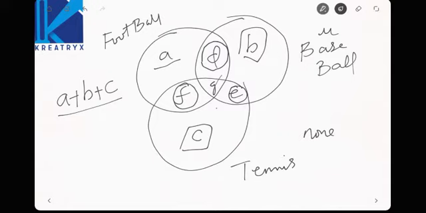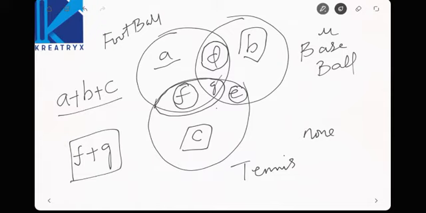Only football and tennis. Now if the question is asked like this, find out the alphabets where players are playing football and tennis. It's not only. Find out the players playing football and tennis. Football and tennis means the intersecting part of football and tennis, which is nothing but F plus G. Now that is equal to F plus G. See, observe my wording, okay? Because writing is difficult here.